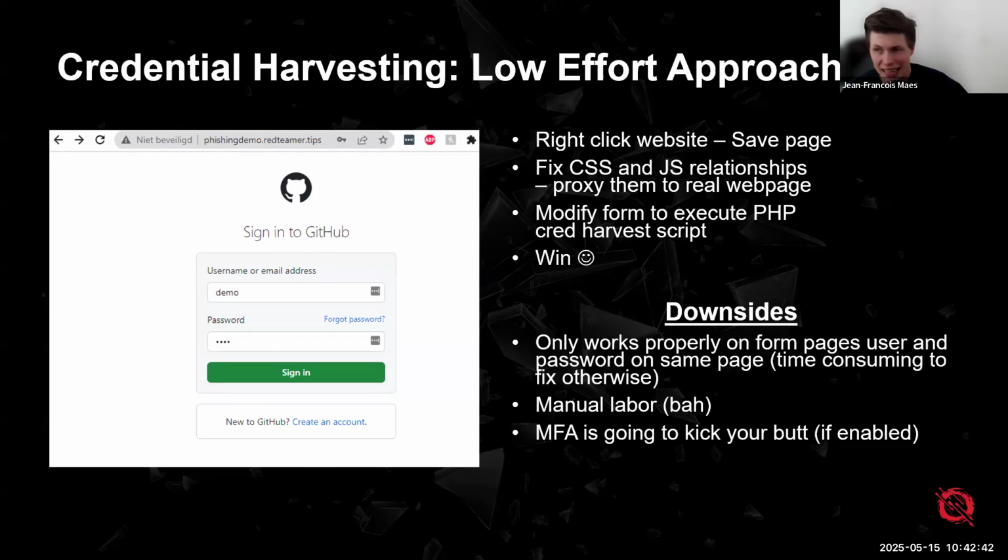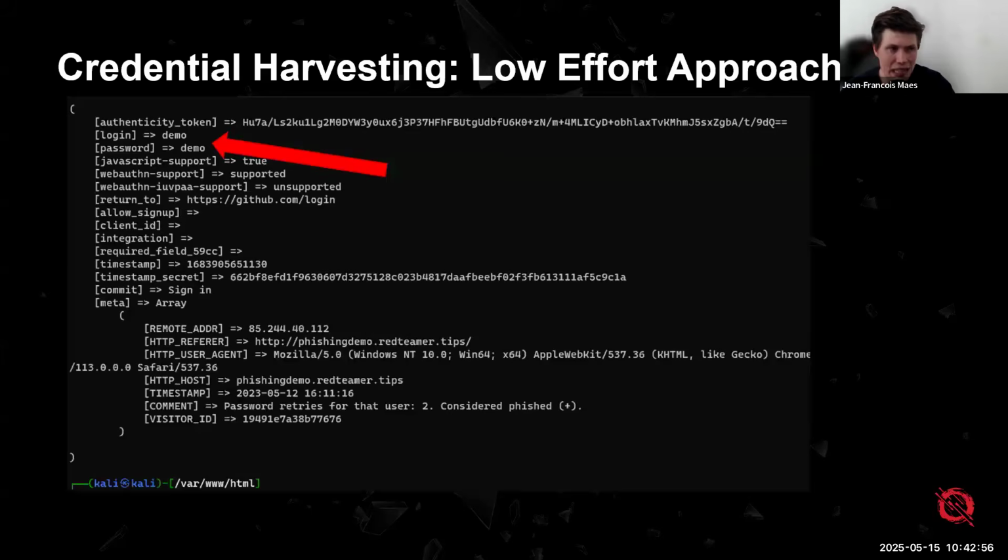And of course, and this is why we need multi-factor authentication, right? If multi-factor authentication is enabled, then this particular technique is not very effective, because at the end of the day, we are going to get a logon and a password, but unfortunately, with a valid username and password, we wouldn't be able to log in because we are protected with multi-factor authentication. So credential harvesting, not bad, right? Of course, here we have introduced the manual approach.